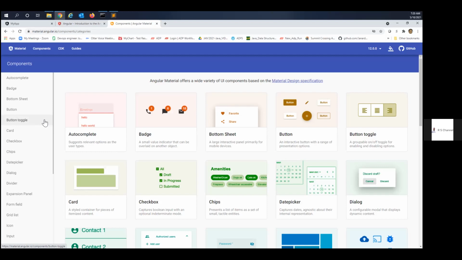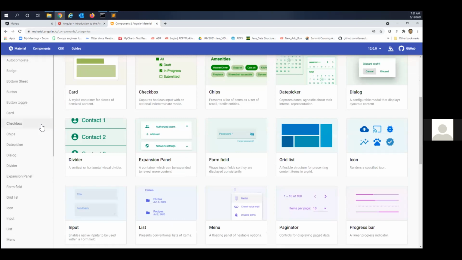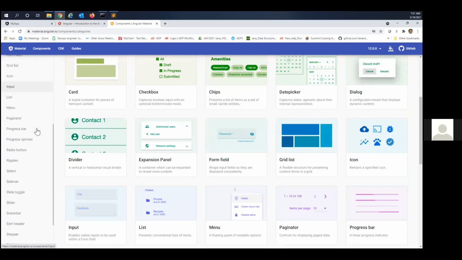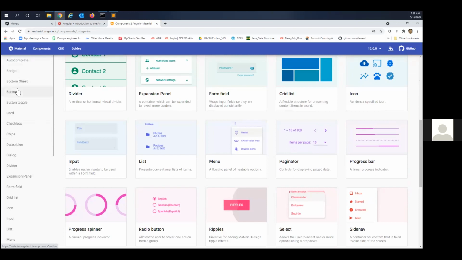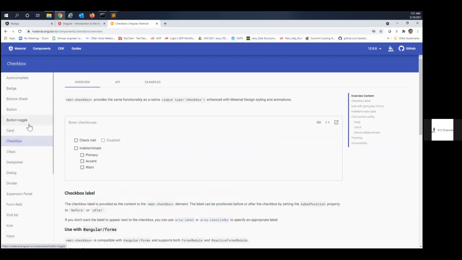You have to go to text input. Ganesh, are you doing? Yes, Rajesh. No, not checkbox.